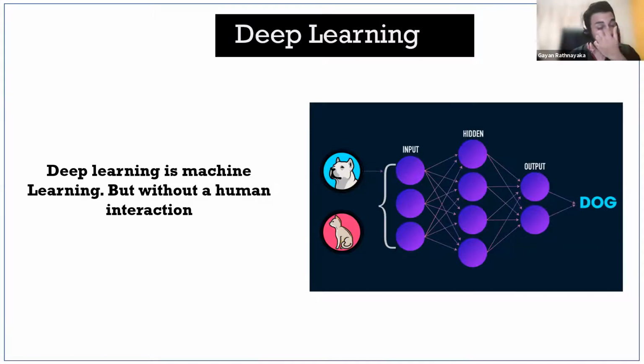But an infant-level AI model does not know how to identify something like this. So we have to provide a lot of data. And in deep learning, we are mostly doing it in an unsupervised way. So we don't go and verify the output for the AI model. Rather than that, we pass a very large data set. What's different from machine learning? Deep learning is of course a subset of machine learning, but in deep learning, the data set is very large compared to normal machine learning.